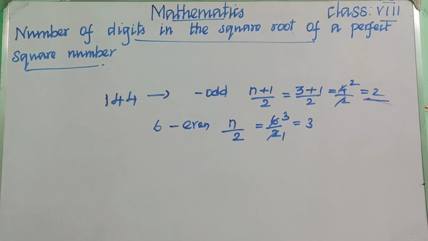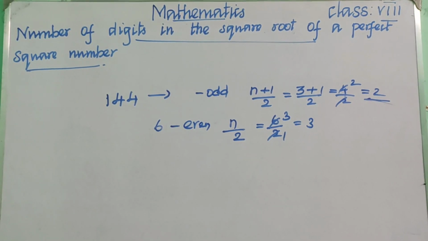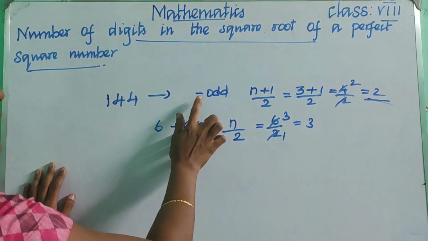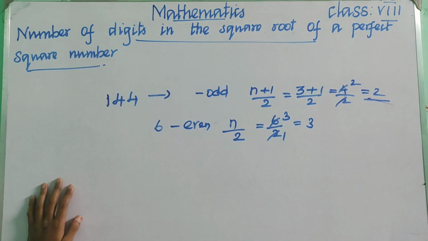Okay children, don't forget, if you are having the perfect square number with an odd number of digits,